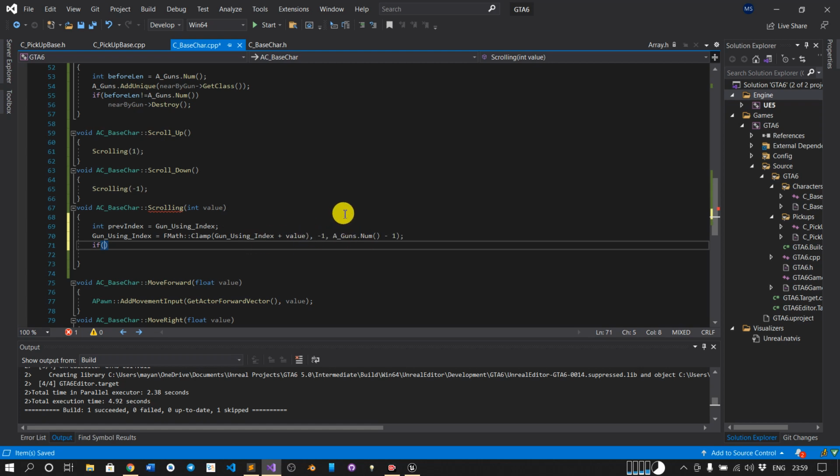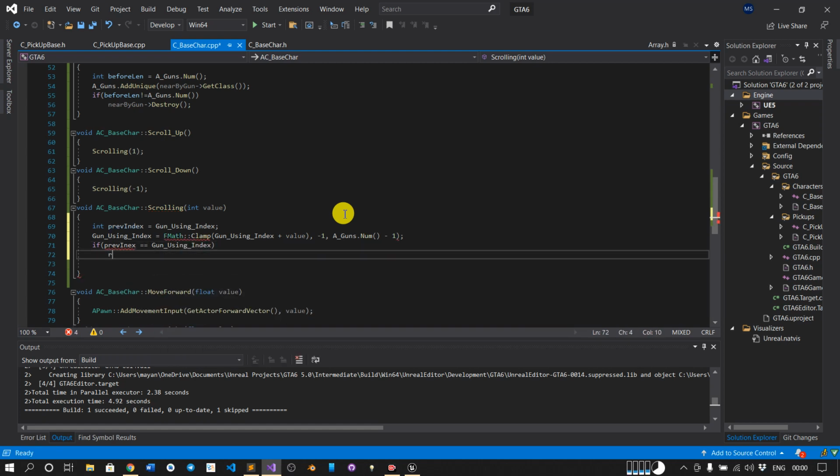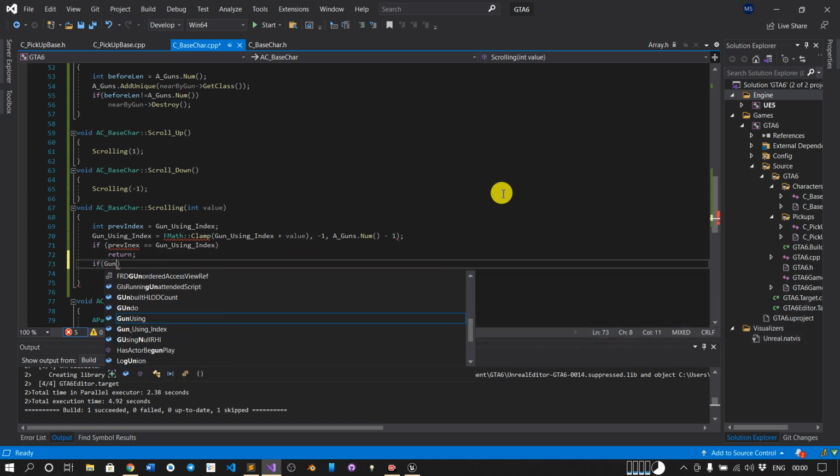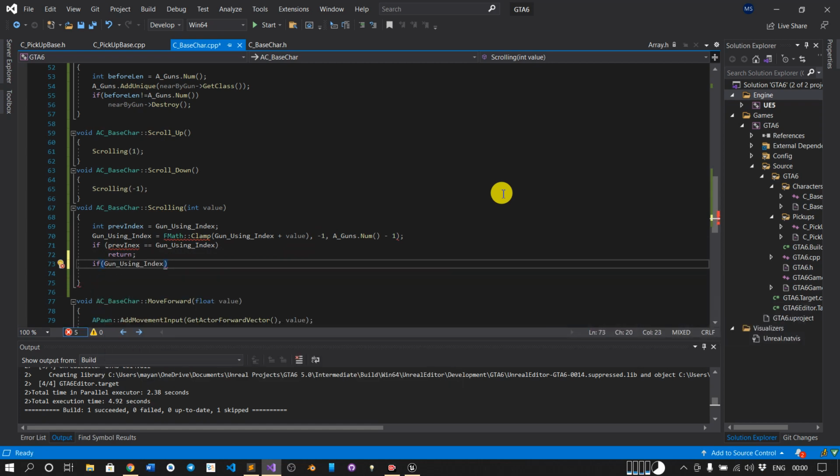So we will check if the previous index is equal to GunUsingIndex. If it is, then just return. We don't want to do anything. Or if it has changed, we will check if GunUsingIndex is equal to 0. Or first let's do it for -1.